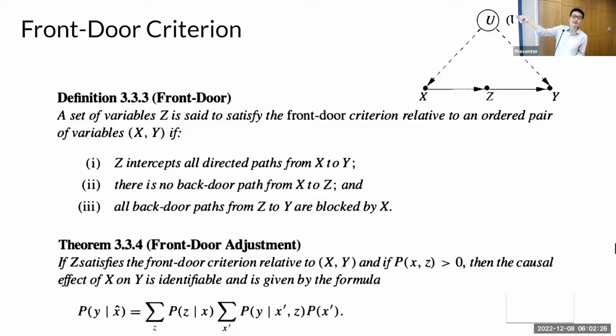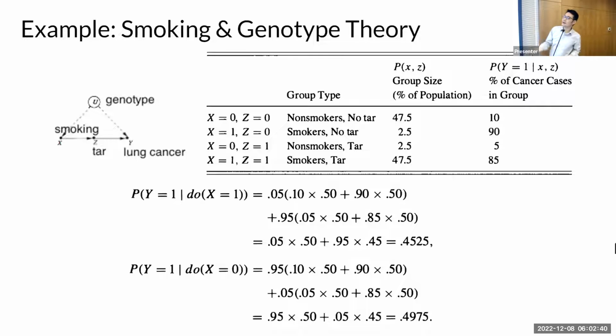Okay, so intuitively, this is the front door criterion. You may have a confounder, right? But Z, basically, the Z set of variables is in the front door path from X to Y, okay? And here you can see an example. This is a very bad example because it's artificial. It was given by some company, to do something that is not very kind. Basically, this is a story.